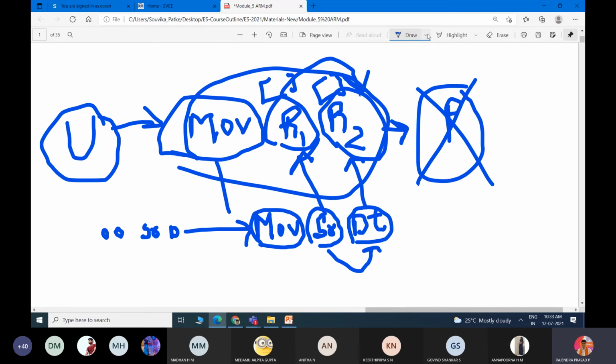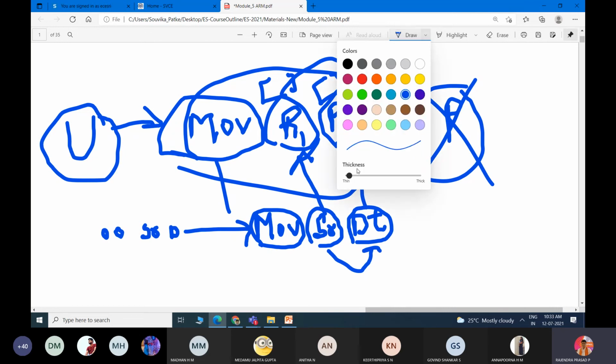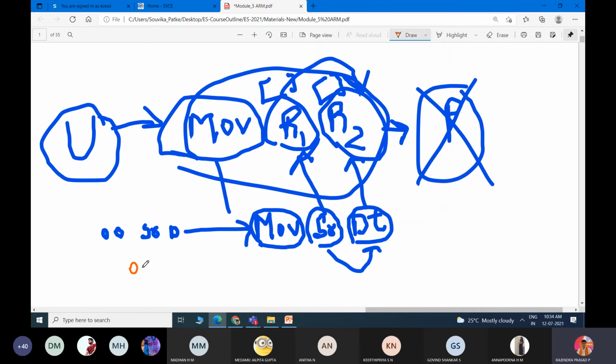Okay, now what I will do, I'll take one more color. So what I will do, 0 0. Now source I will take as register 1 and destination I will take as register 2. Okay, register 1 and register 2. Next I will go 0 1.